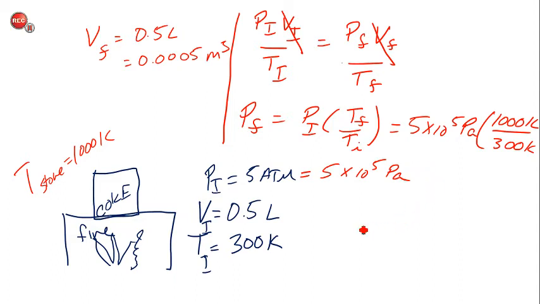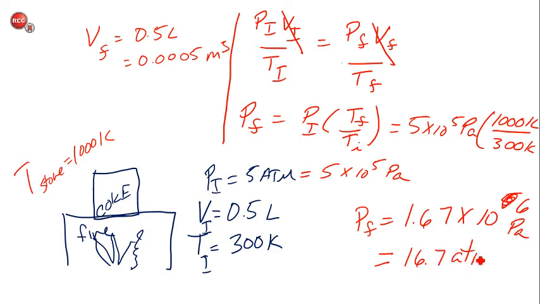Never mind. Maybe I've done this wrong. Let me go back and do it. 10 divided by 3 times 5 times 10 to the 5 is 1.67 times 10 to the 6 Pascal. You work that out finally, and then you can convert that